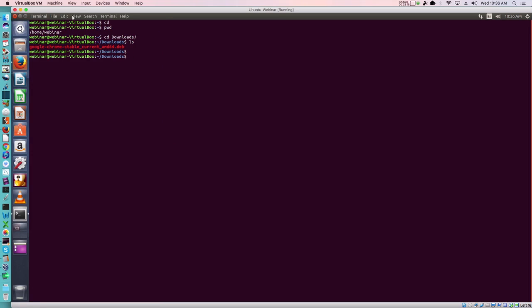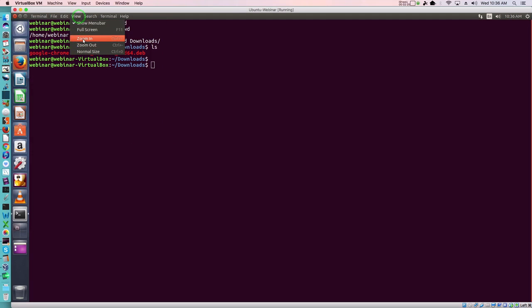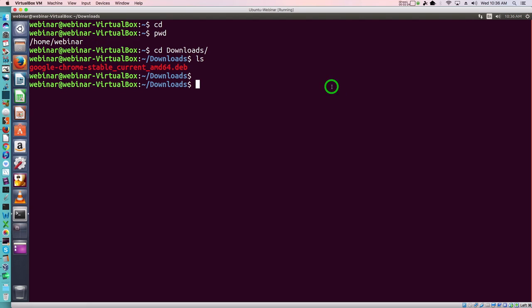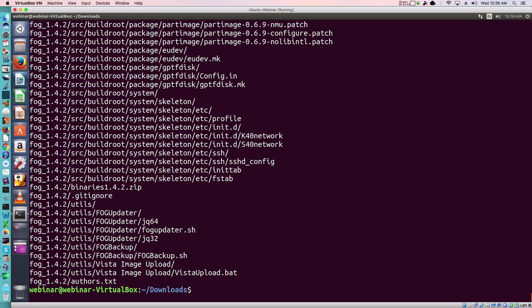Minimize our browser. Open up our terminal. We'll zoom in so you folks will have a little bit better chance of reading this. Take a look at our downloads folder. And we're going to start by extracting our Fog archive. And we can go into the Fog folder